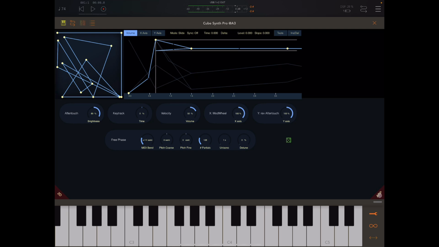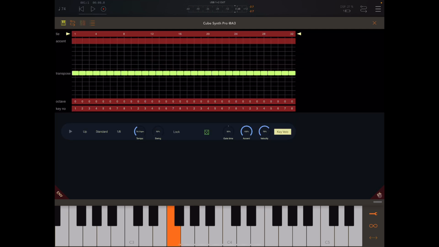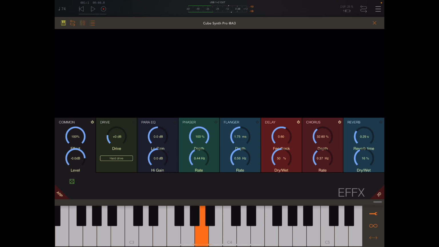In fact, in general, there are definitely things that I don't really like about this interface or the UI, but I must give Virsyn top marks for creativity. It's a very cool synth. Definitely UI-wise, I'm not crazy about it. I know I always do this and it's kind of unfair, but I always say Bleep are setting the standard for me currently for what a nice iOS interface in 2021 looks like. And this just doesn't. I'd really love to see Virsyn revamping their interfaces a little bit. This doesn't bring joy to me to look at this interface. Anyway,